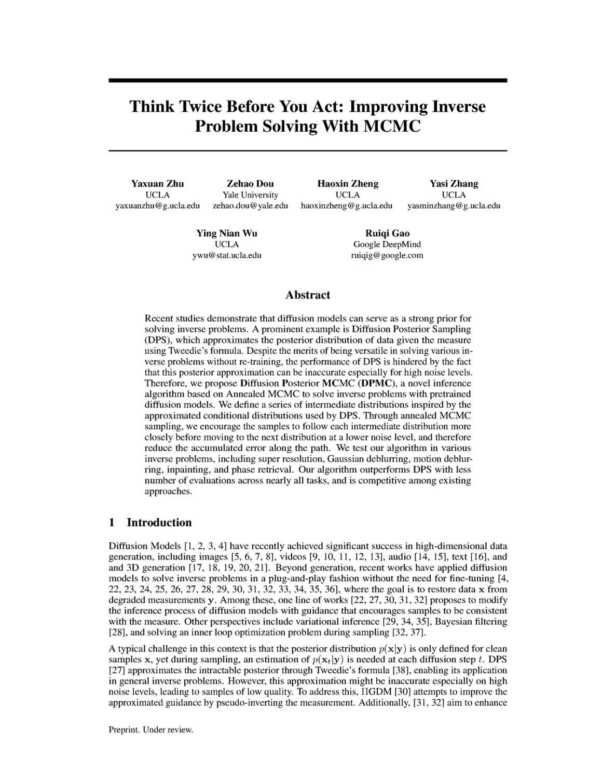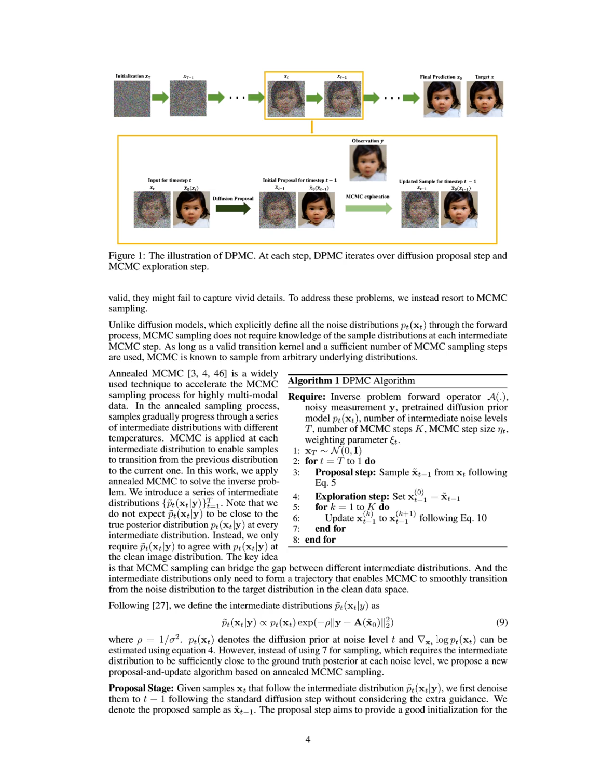The DPMC algorithm aims to solve the problem of accurately restoring data, X, from degraded measurements, Y, in the context of inverse problems, particularly when dealing with high noise levels that can lead to poor sample quality. It builds upon the limitations of the diffusion posterior sampling, DPS, by addressing the inaccuracy of the posterior approximation, p_t(x_t|y), approximately p(x_0|y), at higher noise levels, where the distribution can become multimodal and the estimation, x_0, may deviate significantly from the